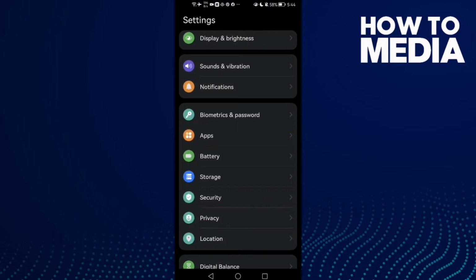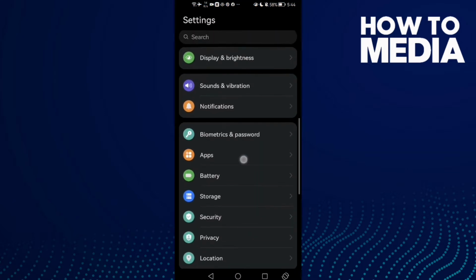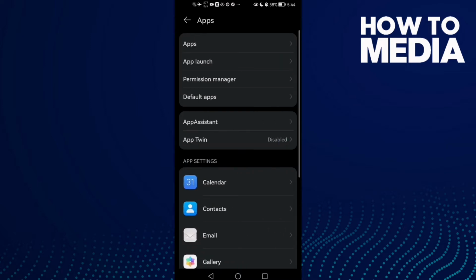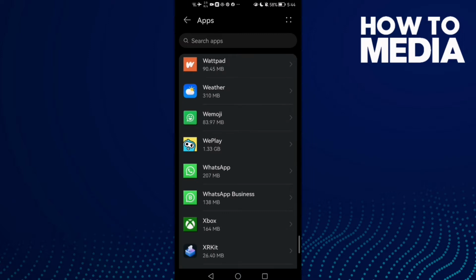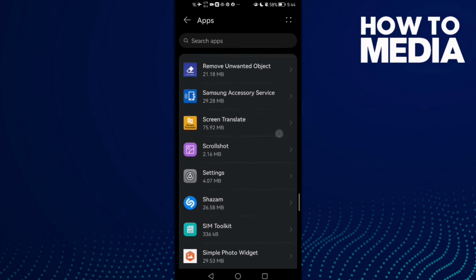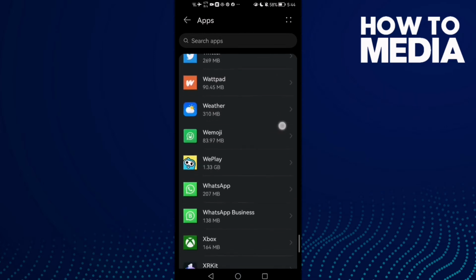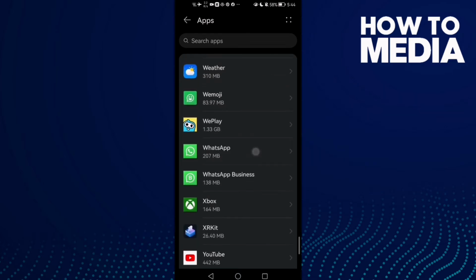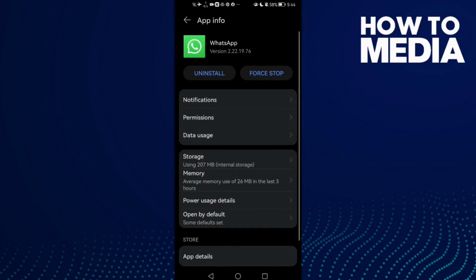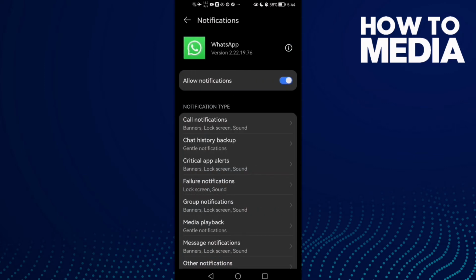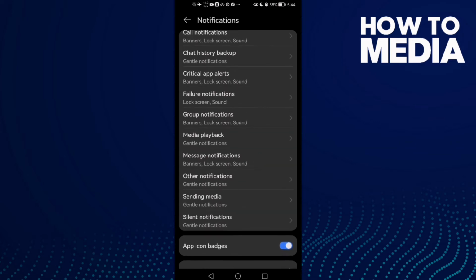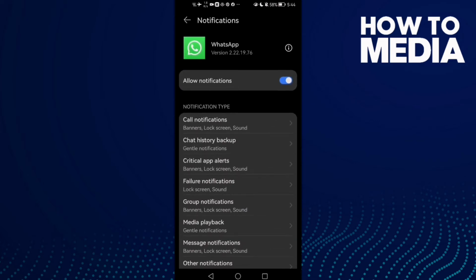First go to settings and then click apps, and then apps again, and here just scroll down until you find WhatsApp and click on it, and here click notifications and click call notifications, and as you see you can change any type of notifications here, and then now just